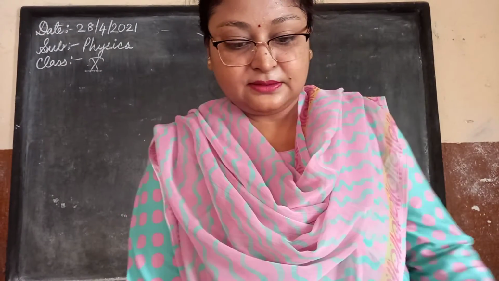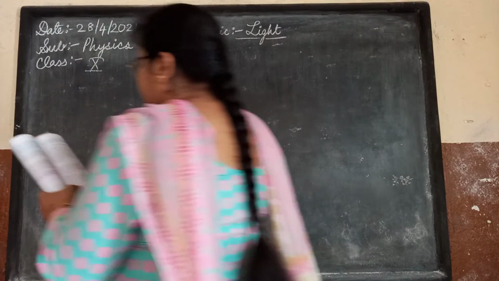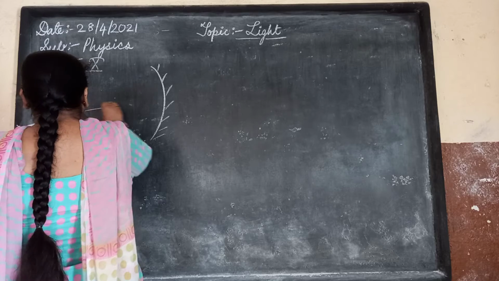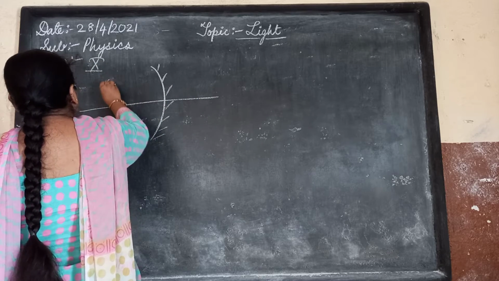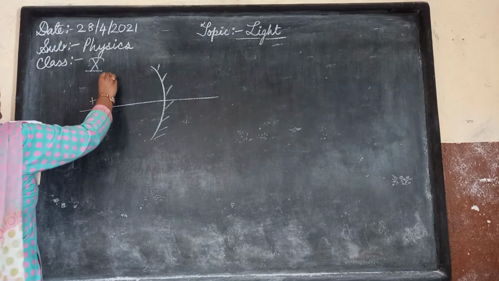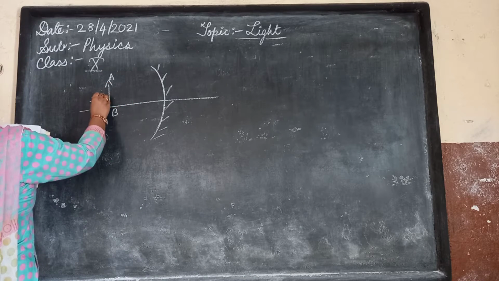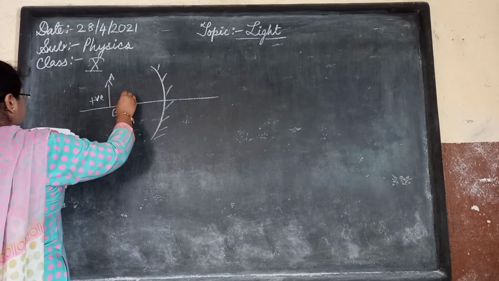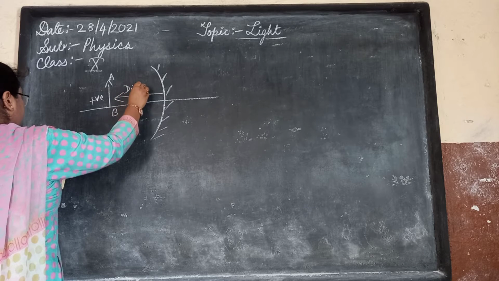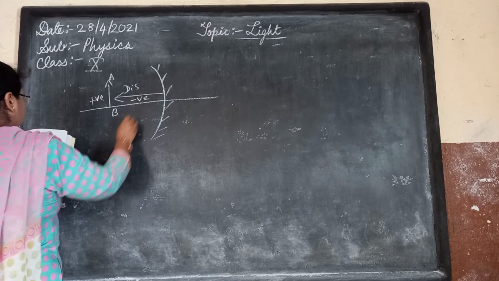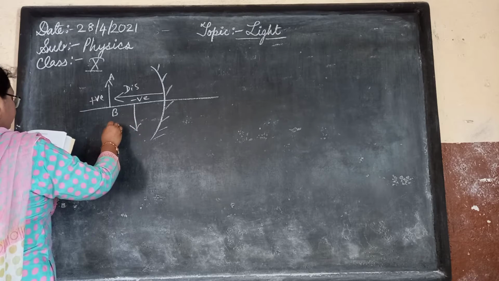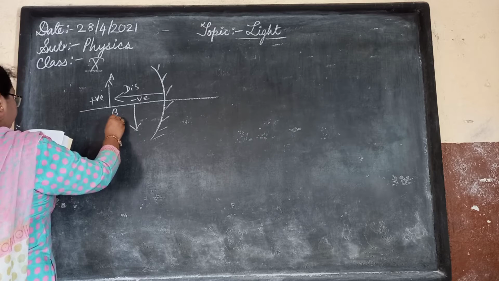So we will have the mirror formula and magnification. In this we have a concave mirror, and in this concave mirror we will have an object. If the height is going upward, it is taken as positive. If the distance is measured towards the object from the mirror, it is taken as negative. And if the image is formed with a downward height, the height of the image will be negative.